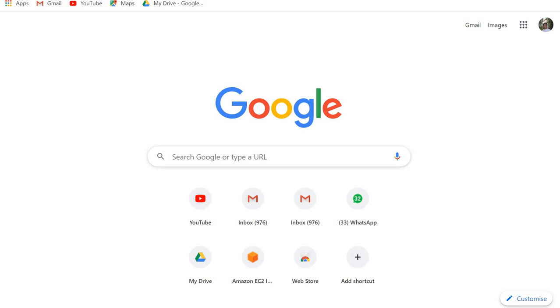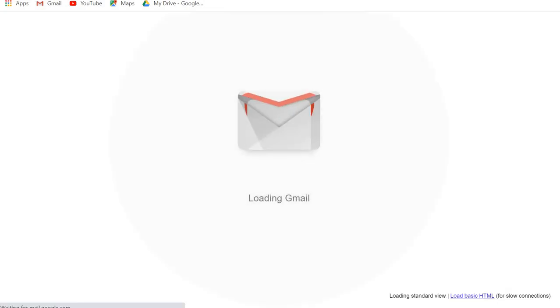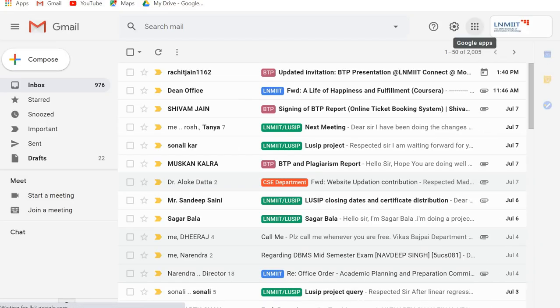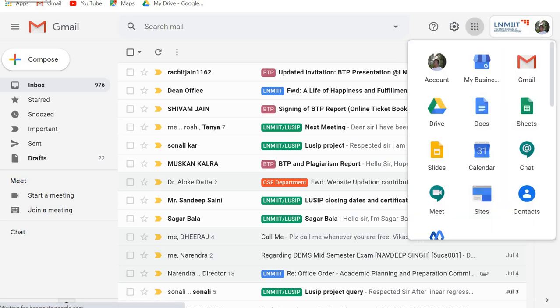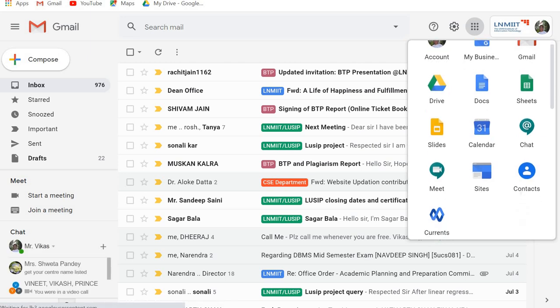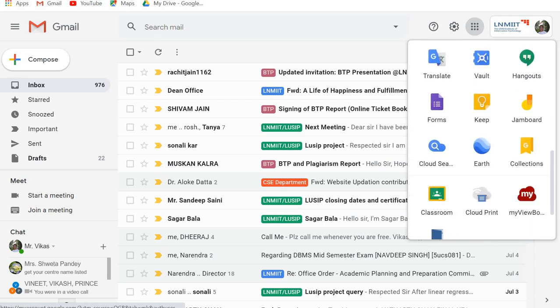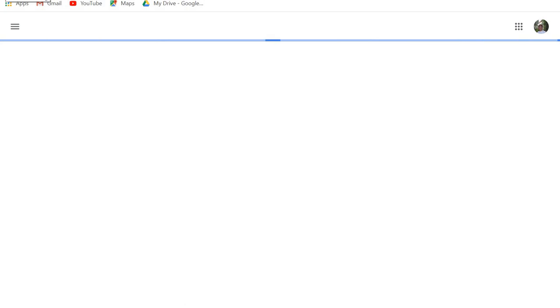So the easiest way is, suppose you handle multiple Gmail accounts, you can go to your Gmail account, and on the topmost right corner of this Gmail account, you'll see these 9 dots that represent the collection of Google apps. You go there. You have multiple apps available as far as Google's apps are concerned. So go through it, identify where the Google Classroom is, and touch this option. You're navigated to your Google Classroom homepage.